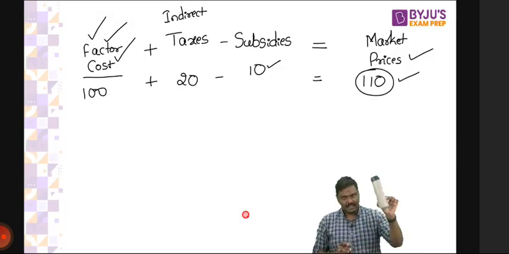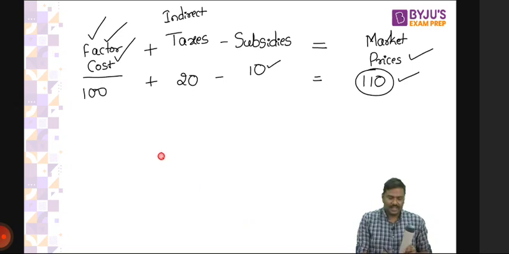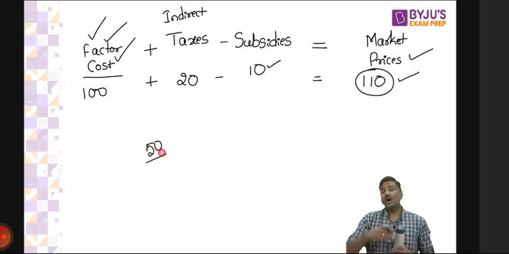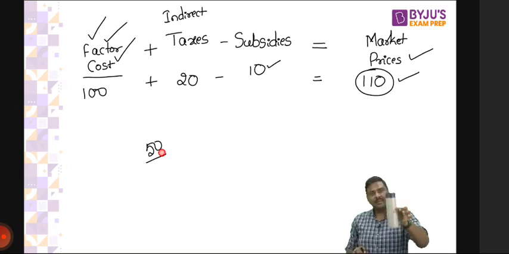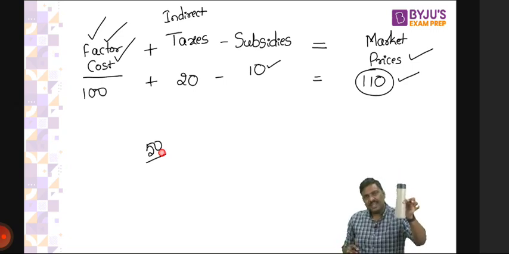Let's say you purchase all the raw materials at 50 rupees. Or else, forget about raw materials. Imagine you're a middleman. Middleman means what? A manufacturer will sell it to somebody else, let's say businessman one. This businessman one will sell it to businessman two.